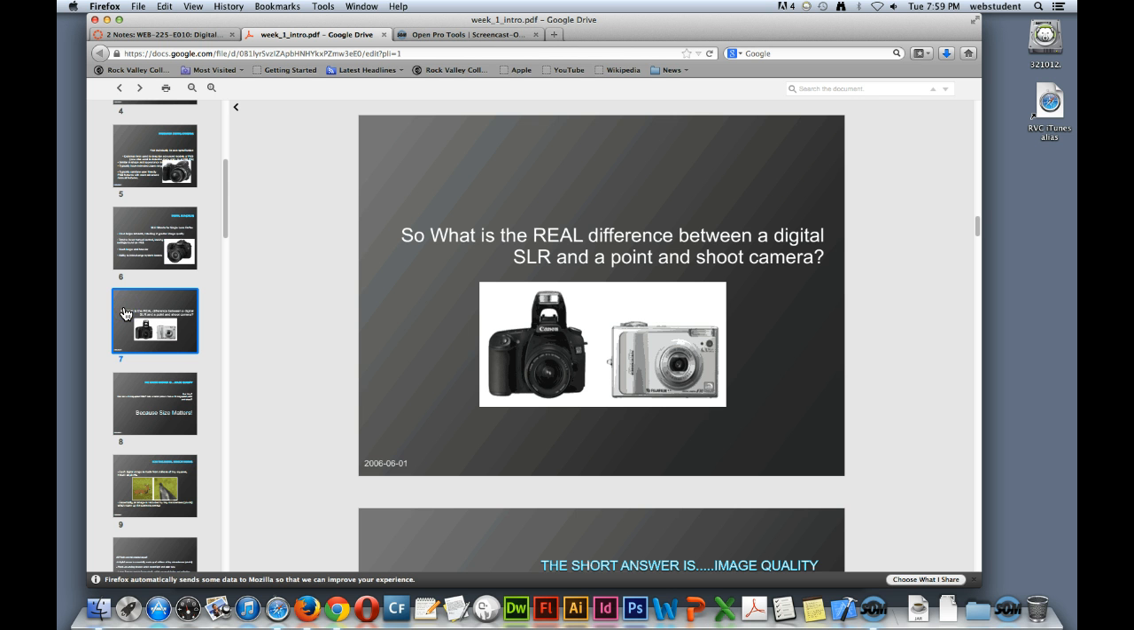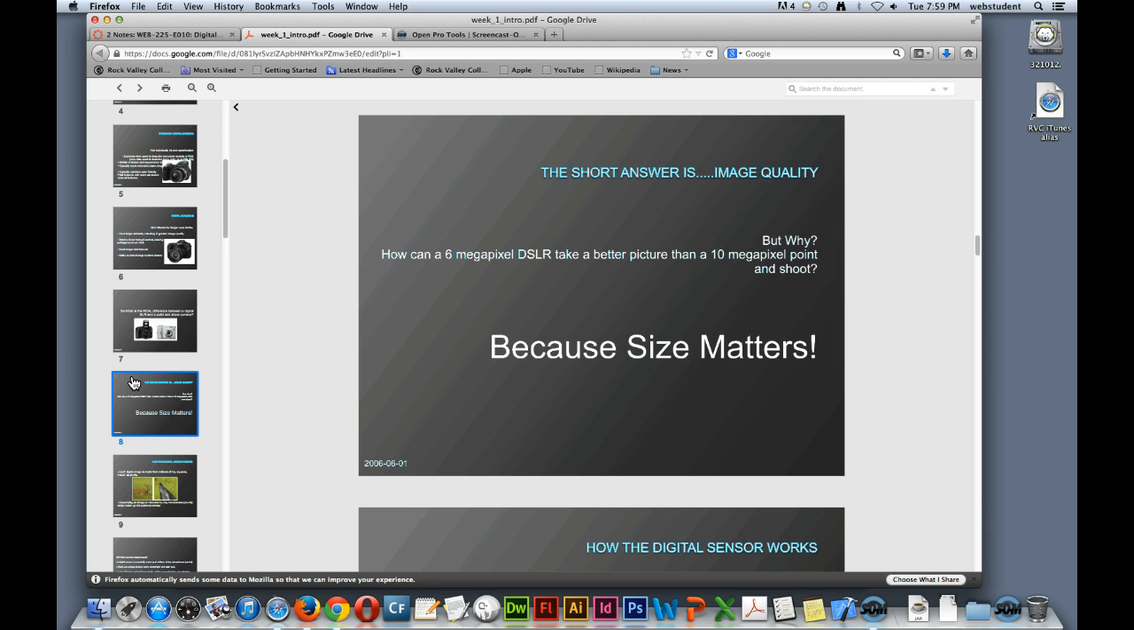So what is the real difference between a digital SLR and a point and shoot? I'm glad you asked. Really, the short answer is image quality. How can a 6 megapixel DSLR take a better picture than a 10 megapixel point and shoot? So you could have a larger megapixel count on a point and shoot than a DSLR, and the DSLR will take a better picture. Size matters when it comes to